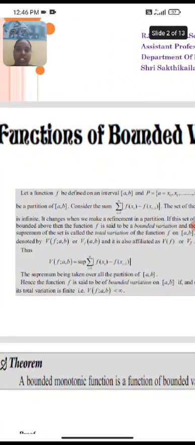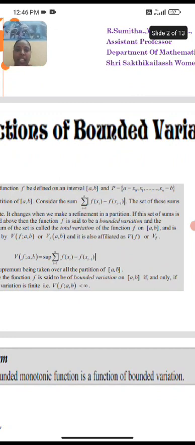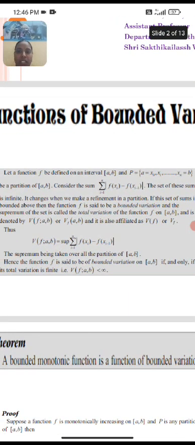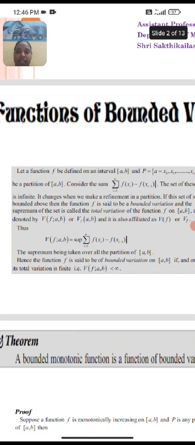Let a function f be defined on the closed interval [a, b], and let P = {x0, x1, up to xn} be a partition of [a, b]. Consider the sum, summation i equal to 1 to n of f(xi) minus f(xi-1). The set of sums is infinite. If the set is bounded above, the function f is said to be of bounded variation,